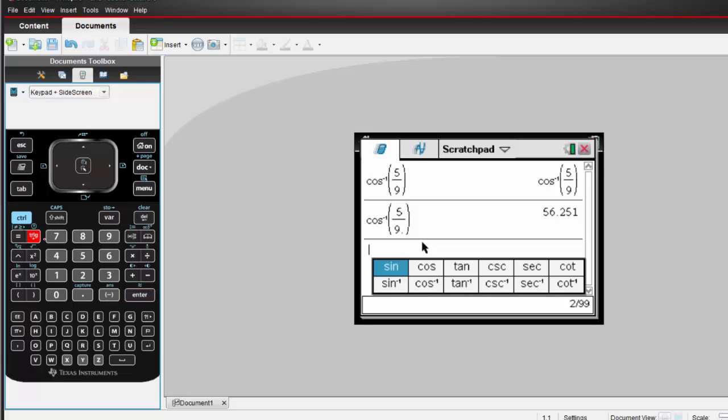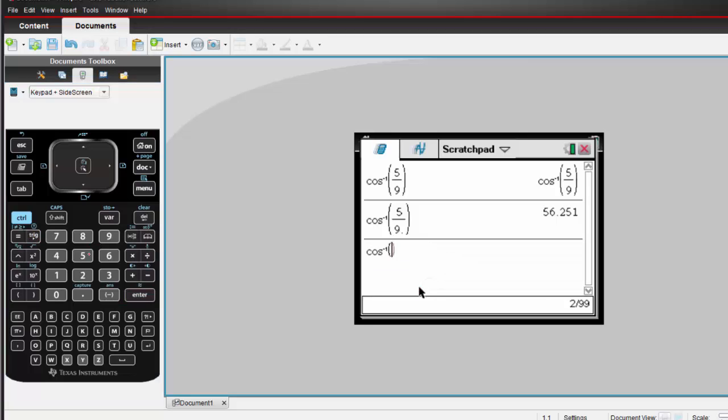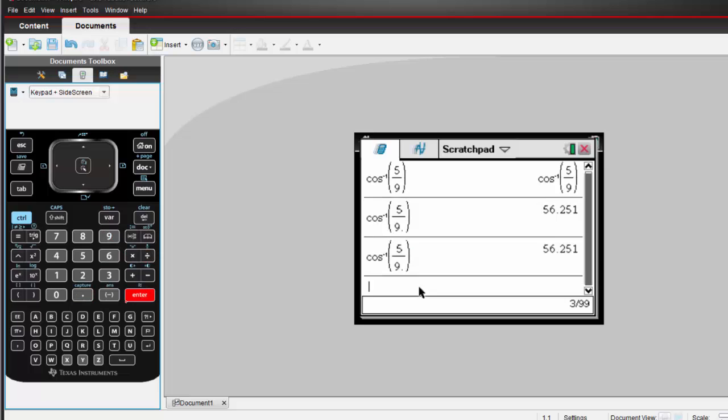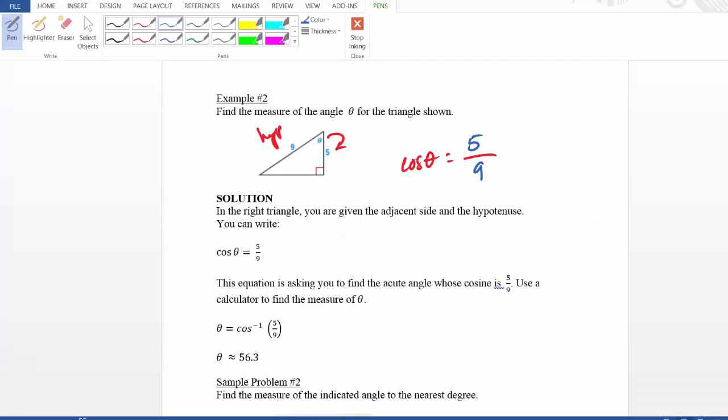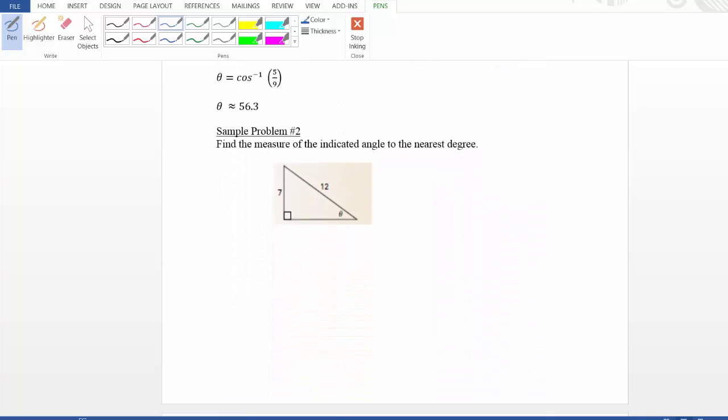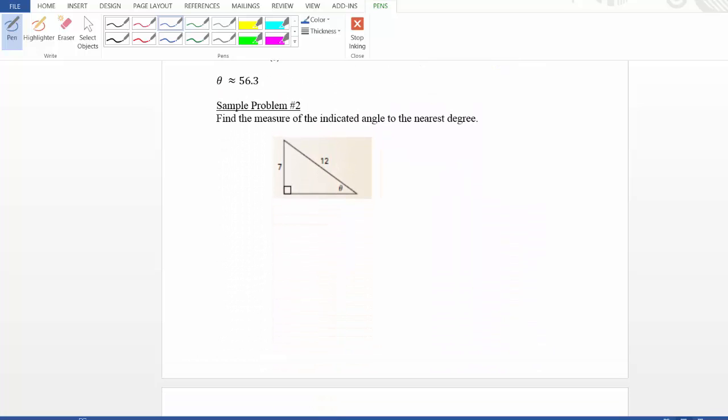You could also do this as well. You could just do 5 divided by 9 in decimal and come up with it that way also. So you can use a template or you can use the division sign inside that parentheses. Either way will work, and that gives us our degree measure. So, a simple little problem, straightforward. Try sample problem number 2 on your own and come back in a second and take a look at the answer. Okay, so if we look here, in relation to theta, we actually have the hypotenuse and we have the